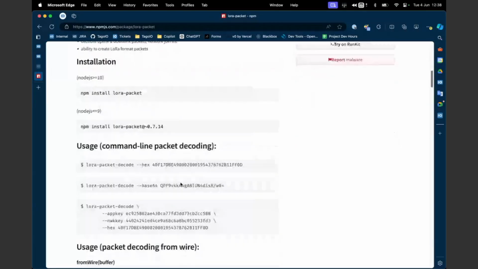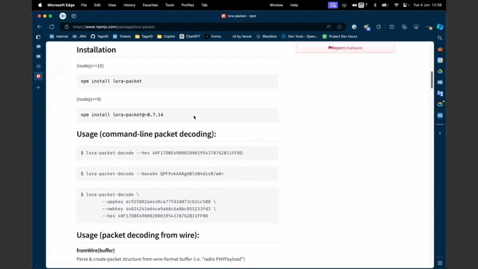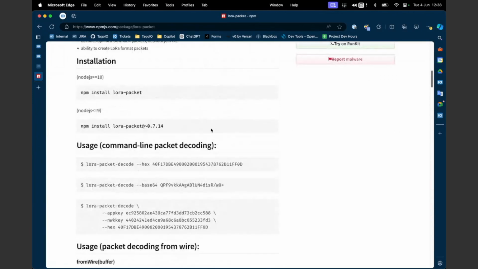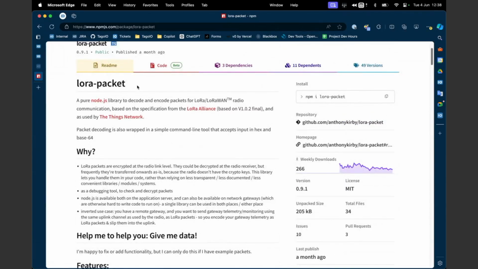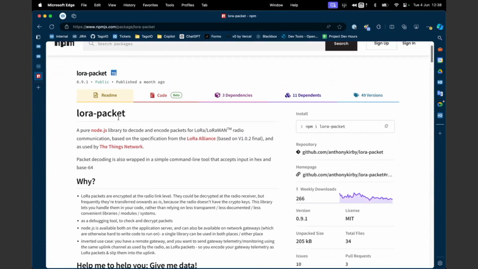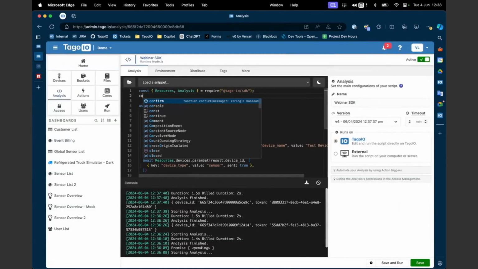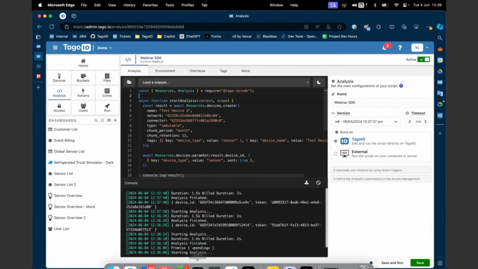that you can use to decode LoRaWAN packets that had not been decoded by the LNS, by your tools, or by the needs. So for example, this could not be available inside TagoIO. So if I try to import this from inside my analysis, it would tell me that this package does not exist, right? So you cannot install it as well, but what you can do is to develop your analysis externally here, as